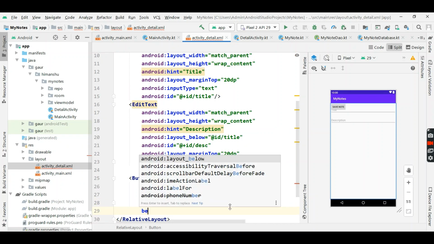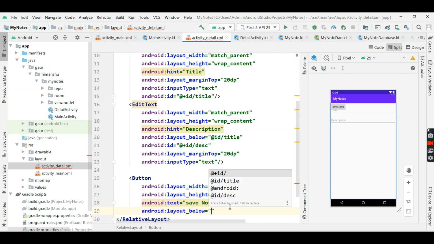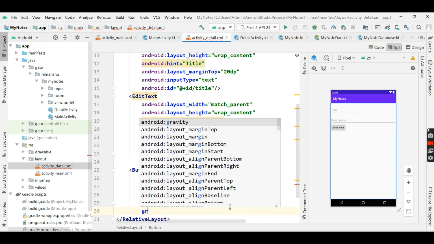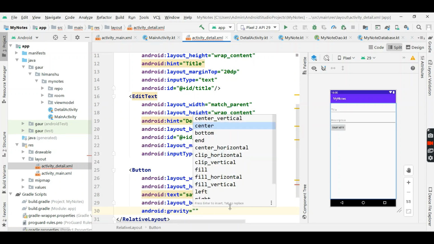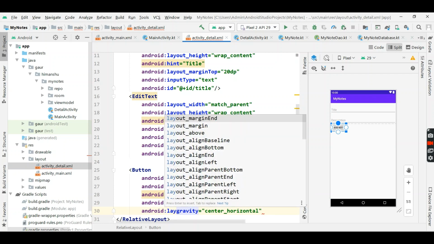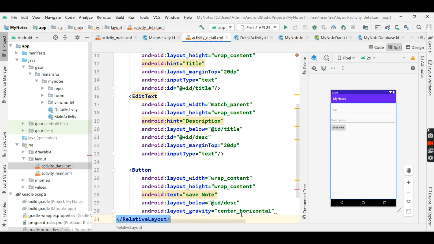This button is below our description, so you can see this description, and I will make this center horizontal. No, not this gravity, it's layout gravity. So layout gravity is center horizontal.